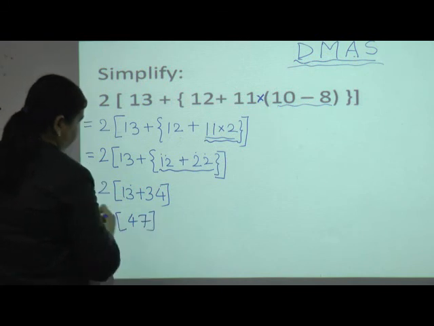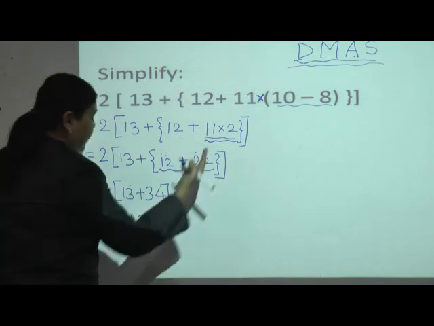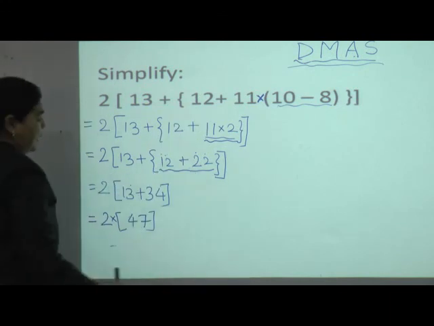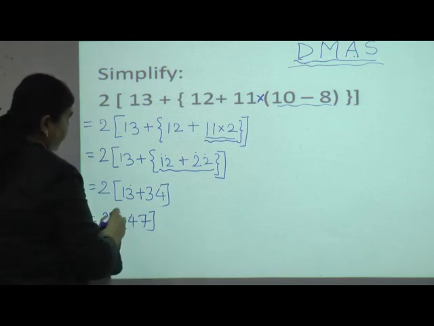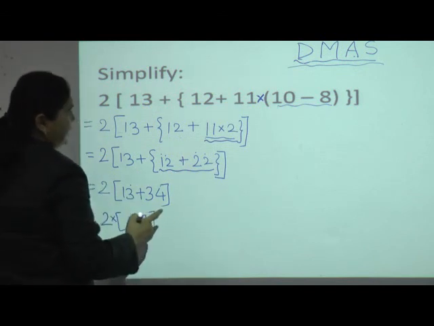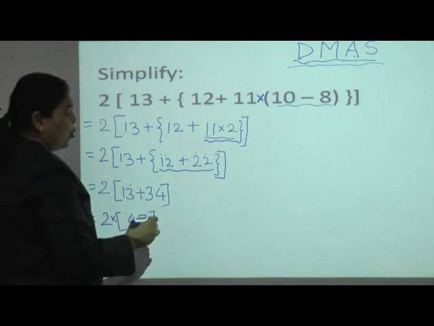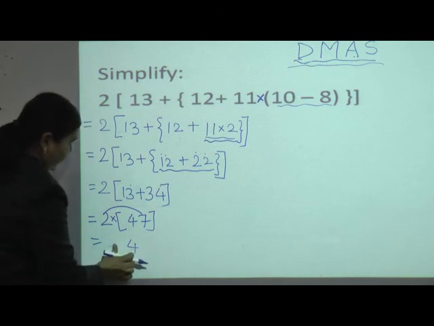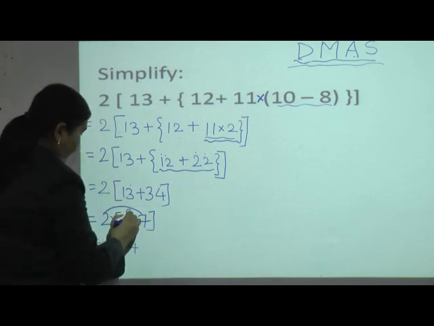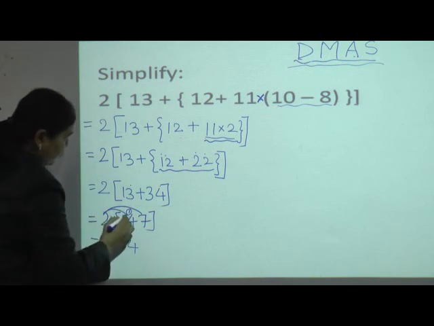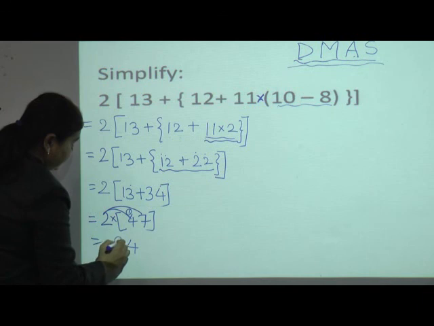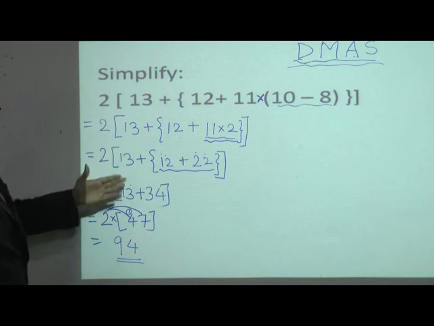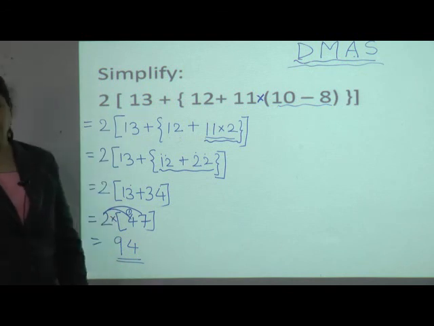So it is 47. Now again you have to remember, before the bracket if there is no sign between the numbers, there will always be a multiplication sign. So I should do the multiplication. In the previous class I had already told you how to do the horizontal multiplication, that is 7 2s are 14, 1 carry, yes, this again 2 4s are 8 plus 1 is 9. So this is our answer, how to go step by step and simplify the given expression.